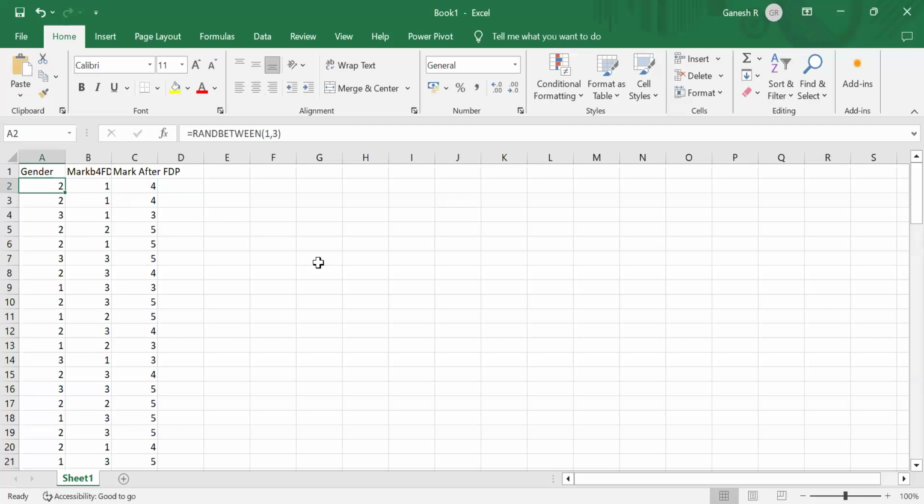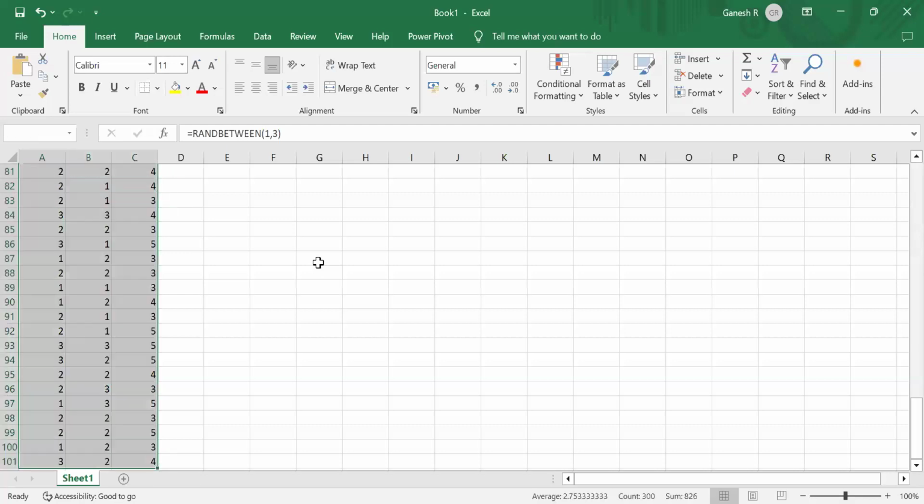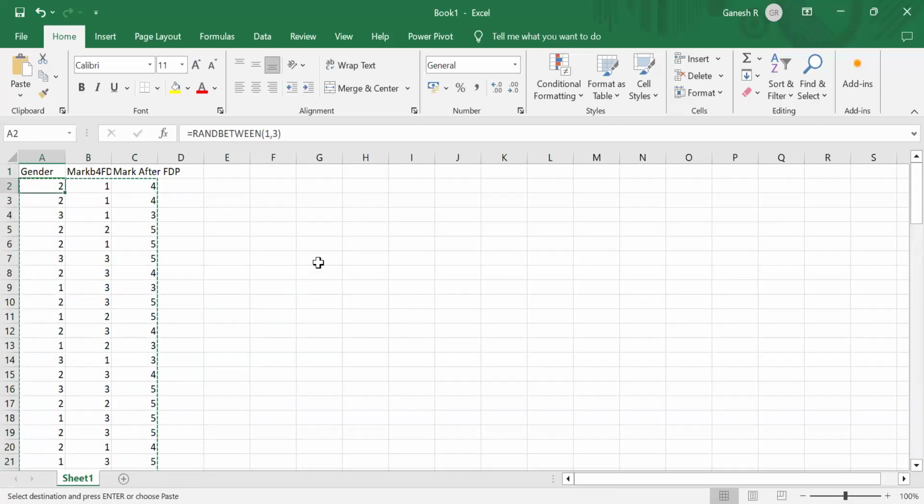you may get clear information that these are random data, and this data will keep on changing when I do something else. So I want to keep this data as it is now without further change. So what I have to do is select the entire data and then copy it. For that, you have to press Control C. So I copied that data